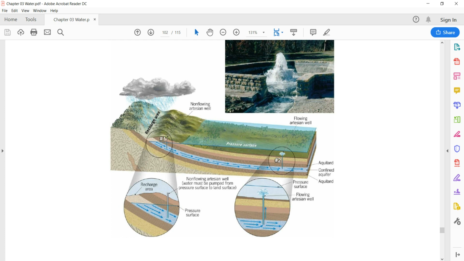If you zoom in here, you can see this is the recharge area where this aquifer system has become exposed near the ground surface, and it is being recharged here, and as it is flowing downwards,